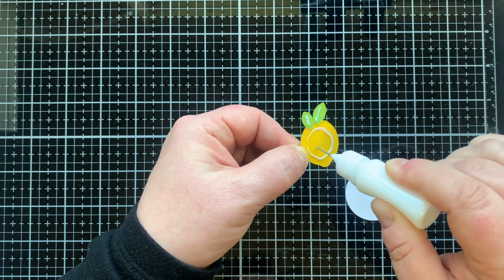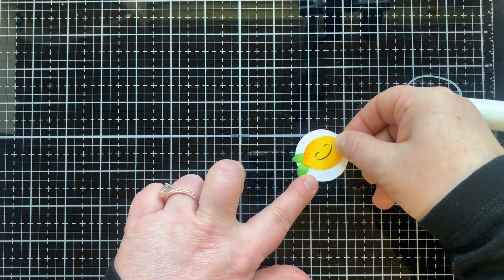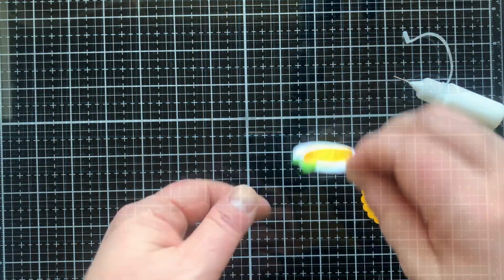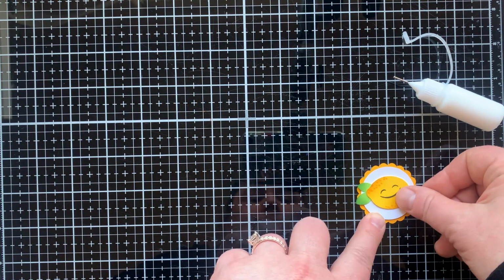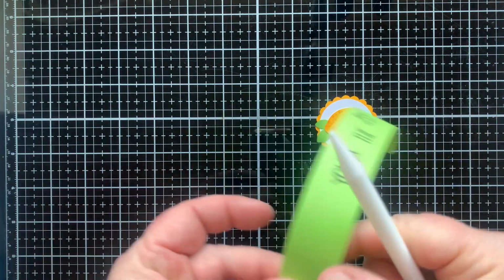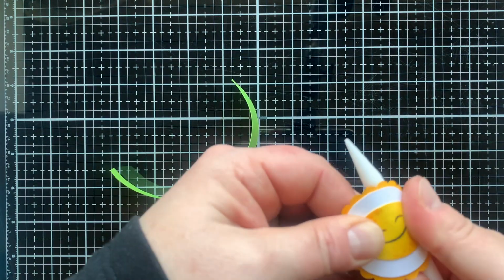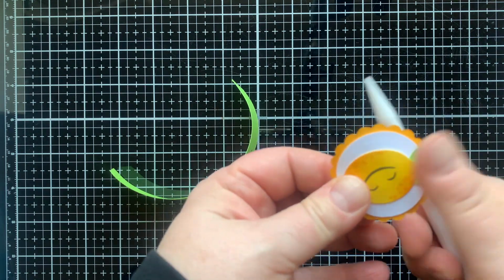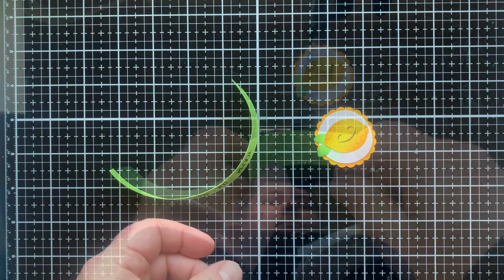Next, I am going to add this to the white circle, and that's going to go in the center of that, and then this piece will get layered onto the scallop circle, just like that. And so we have our focal point now ready to go for our cup. But before we layer things up, we like to use a little tool like this to curve the edges. So when you go to adhere this to the cup, it's going to more naturally want to go around